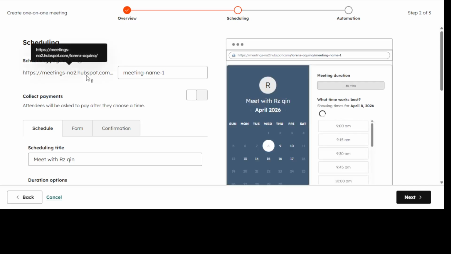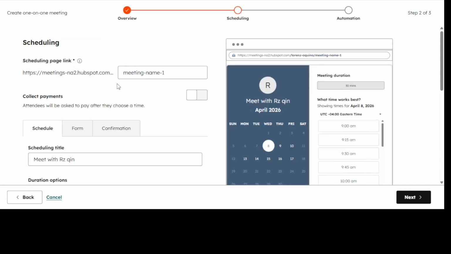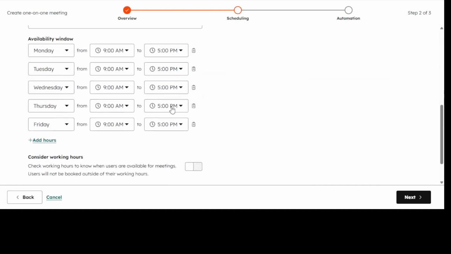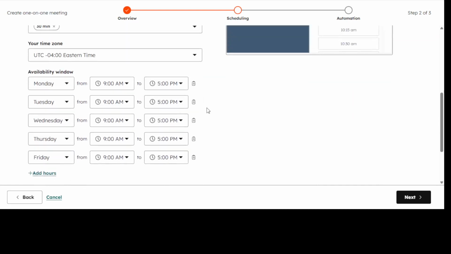Move to the Scheduling tab by clicking Next, then open the scheduling page to review the details. Confirm the duration options, your available days and times, and any buffer you want between meetings. Make sure the time zone is correct and that the booking window aligns with how far in advance you want to accept meetings. A quick review here prevents double booking and avoids early morning or late night surprises for your